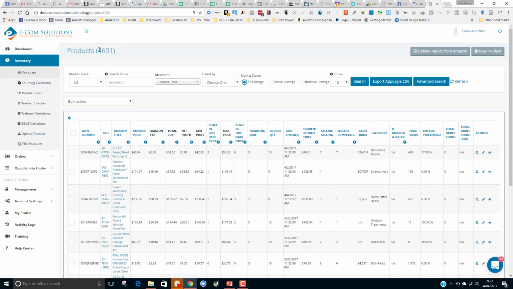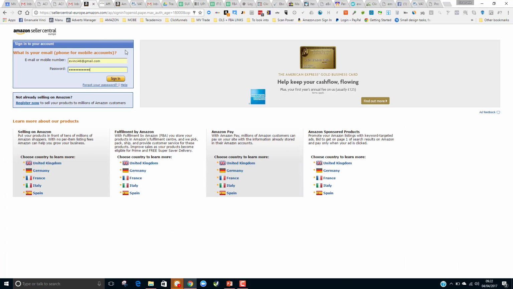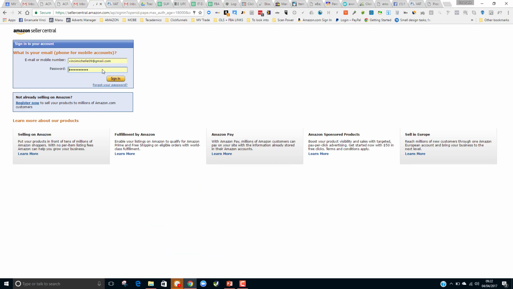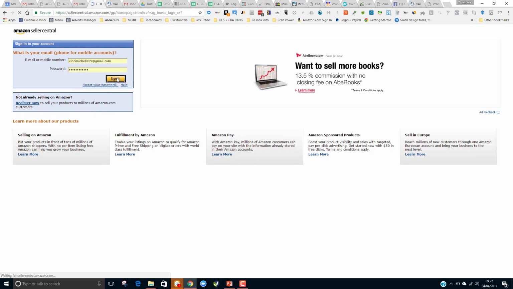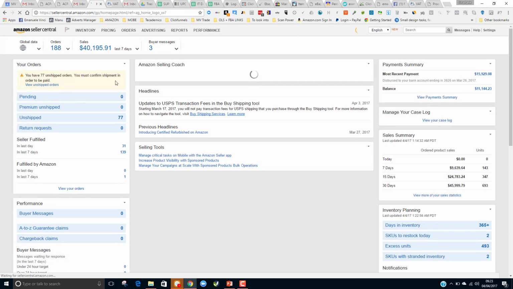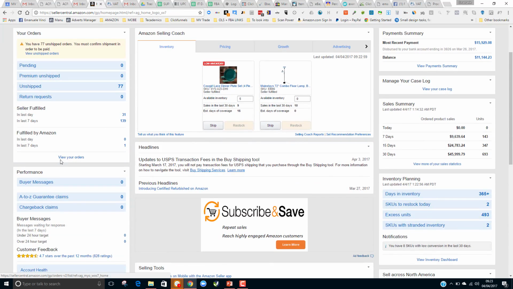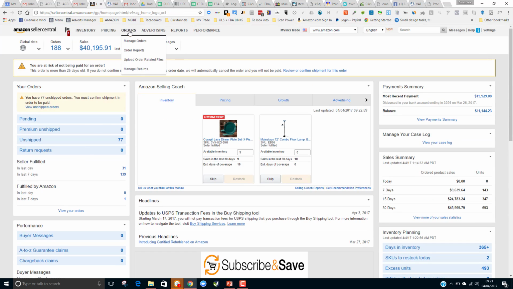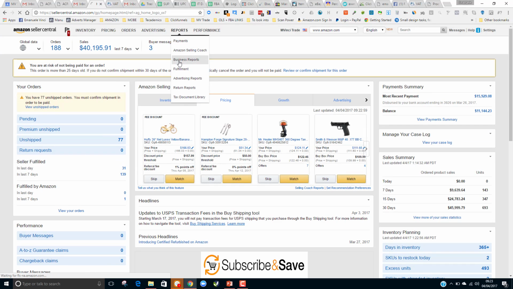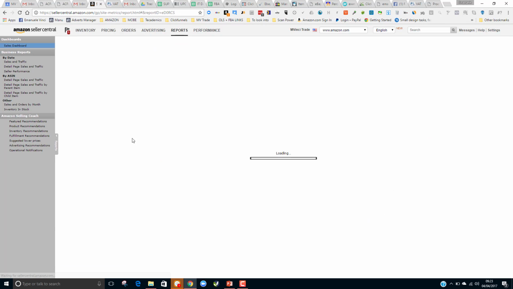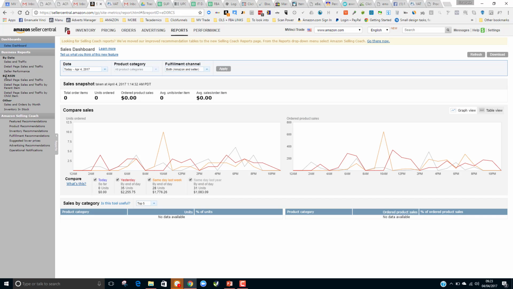I'm gonna start with the US account, and I will log into the US Seller Central. Right, so I'm just logging into the Seller Central, and what we can download is a report from our business reports called Detailed Sales by Child ASIN. So as you can see on the left hand side, detail page sales and traffic by child item. So you're gonna click on that,